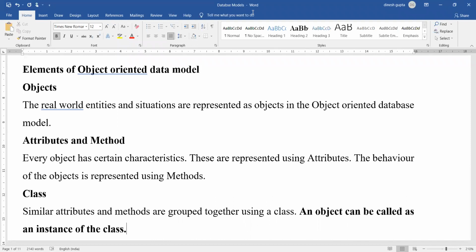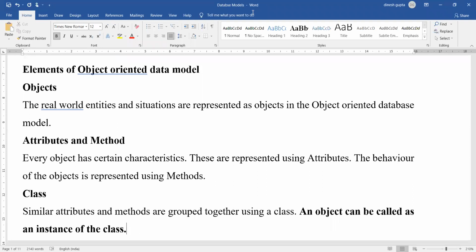The next is attributes and methods. Every object will have certain characteristics that are represented using attributes, and the behavior that is represented as methods. For example, again talking about a student, let's talk about one student. The attributes of a student are something you are already aware of. What is the student's name, the student's roll number, the student's age, the student's class, the contact number, the email ID. All these represent the attributes. And how about the different methods? Different methods can be the attendance of the student, the fees of the student, admission of the student, addition of a student, student passing out, so many things.